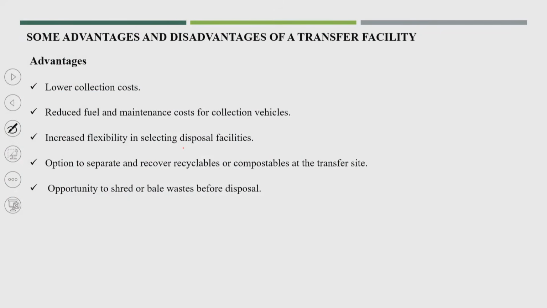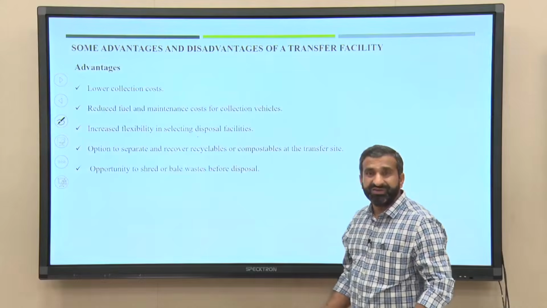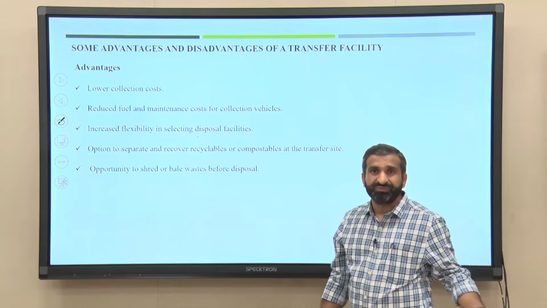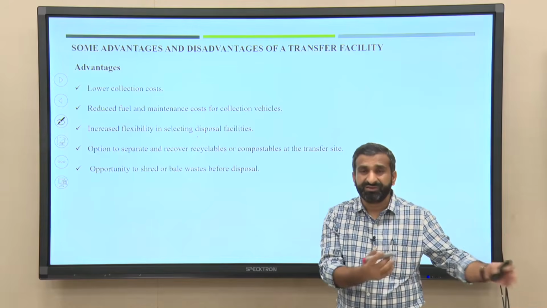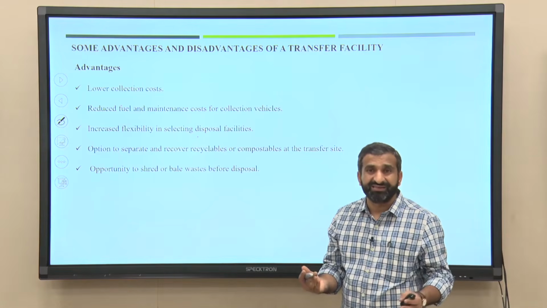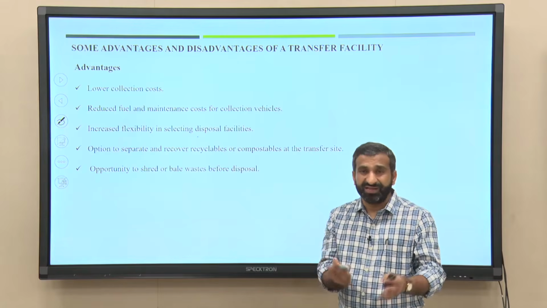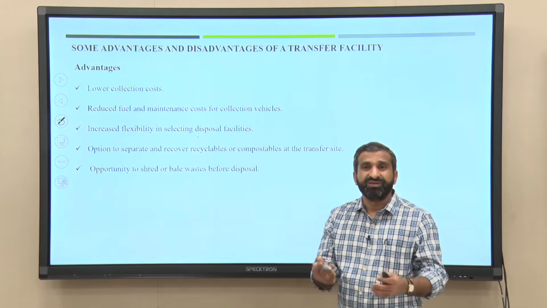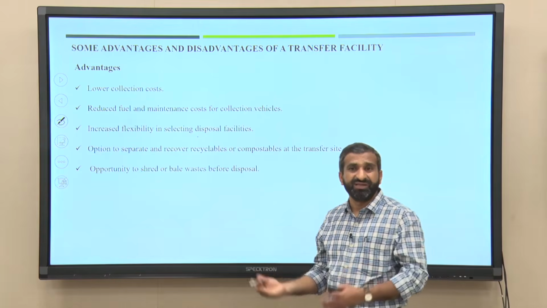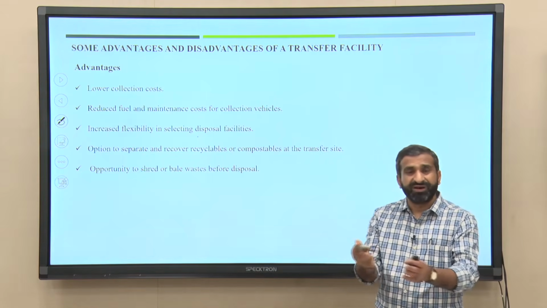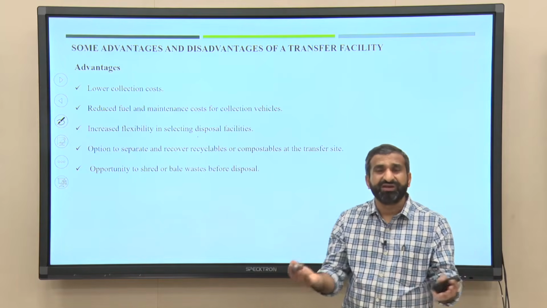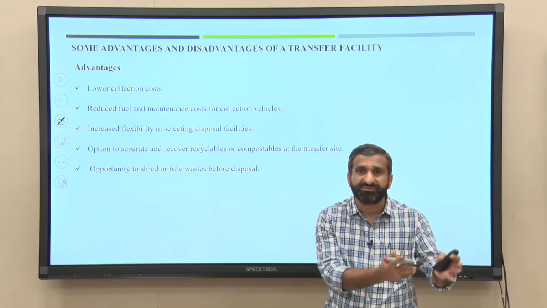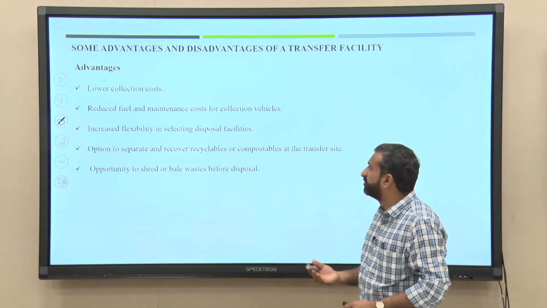So, the advantages are lower collection cost, obviously, because your haul cost has been reduced, because you are hauling 20 tons, 30 tons in one trip itself. Maybe in small cities like Guwahati, where around 700 to 800 tons of waste is getting generated, you will be required to make only a few trips. If you plan for 4-5 vehicles, each vehicle has to do maybe around 5 to 6 trips in a day. So, that will always be economical.